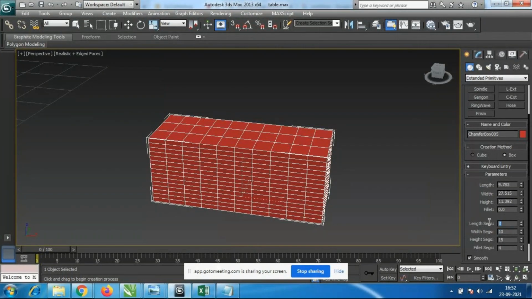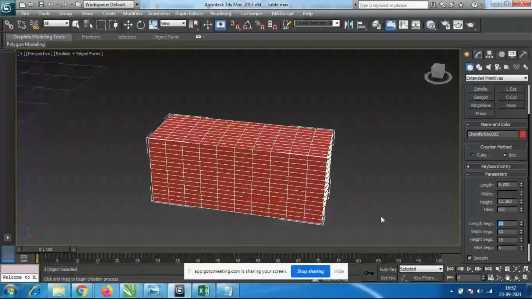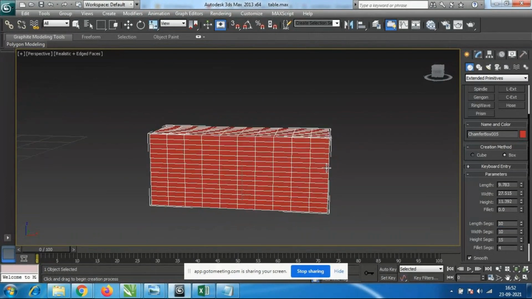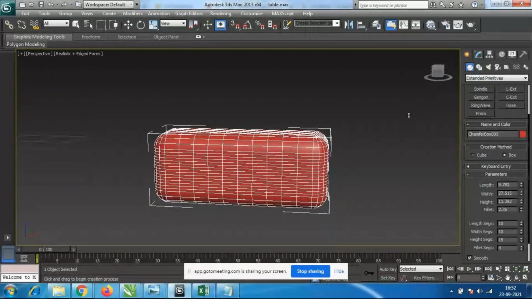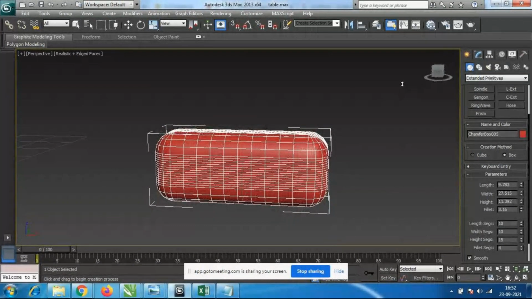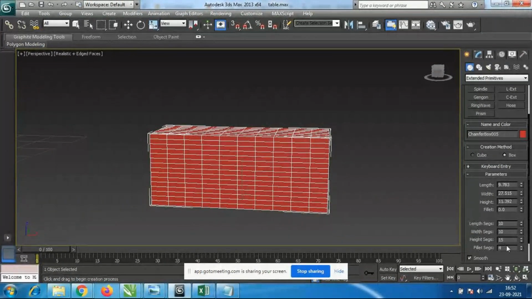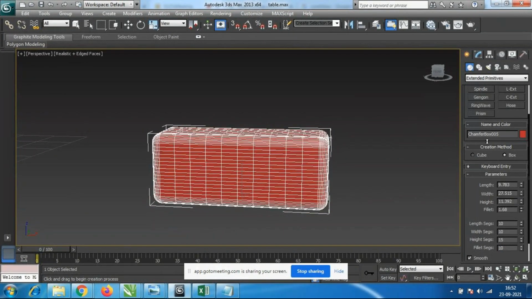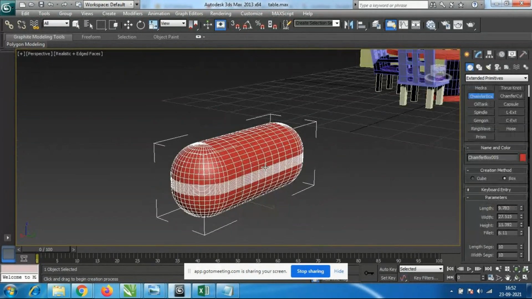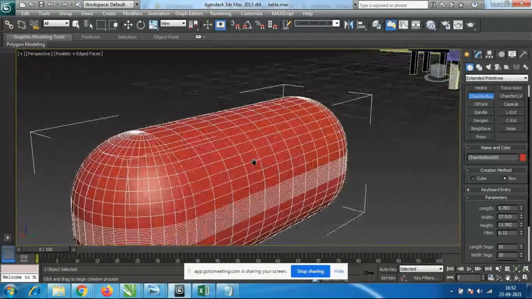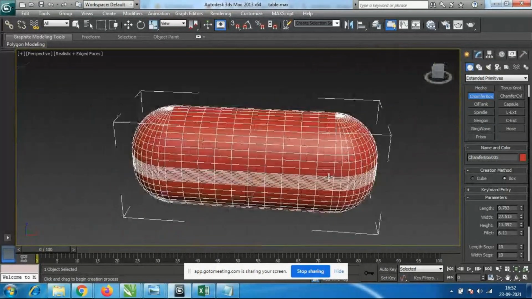Again length will be 10. Like this if I add more segments, then fillet segment, if I add 10, still a little bit it is taking. So no big changes. However many segments I add, it is taking that much.